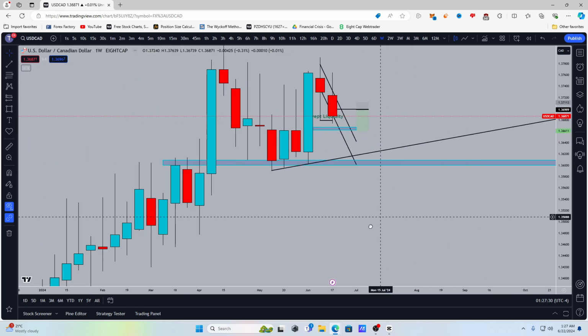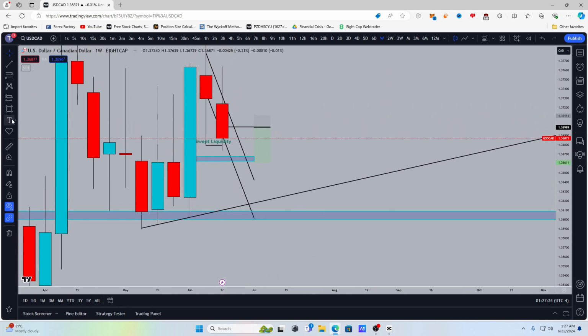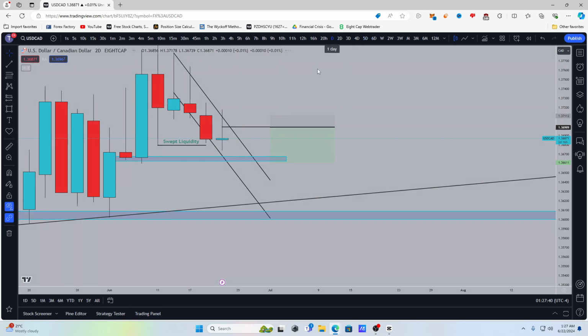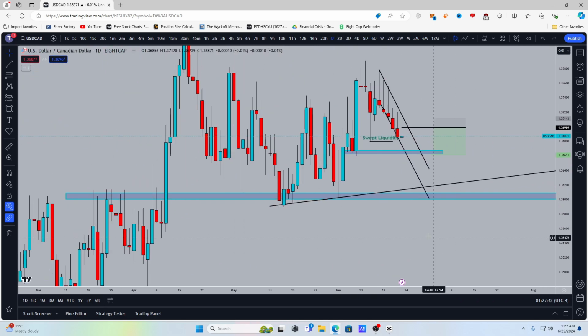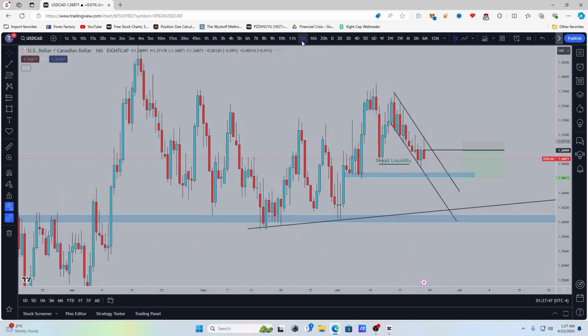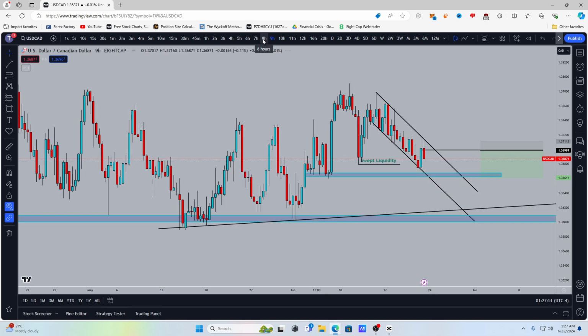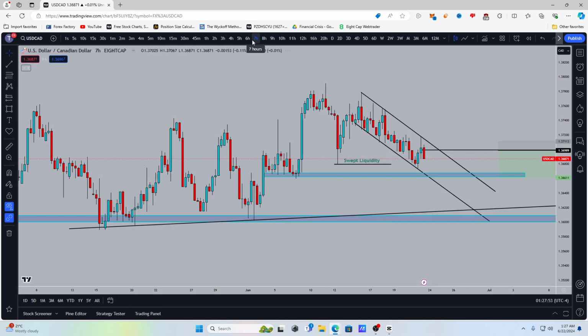Okay, so I know the chart's looking messy, but that's okay. And one thing I am going to consider is this weekly order block, but I'm not going to draw it out right now. I'm just letting you know that I see that, okay? So if we would go into that weekly order block, an area I might be looking for to be taking an order block type trade